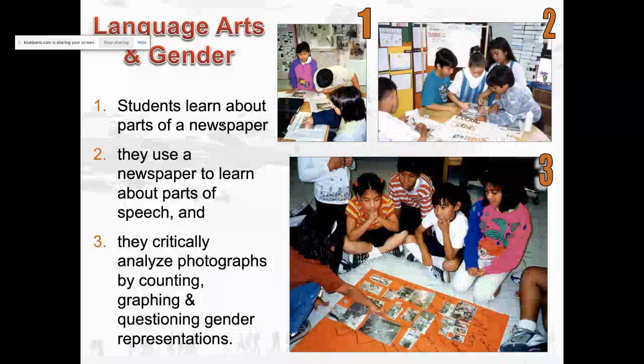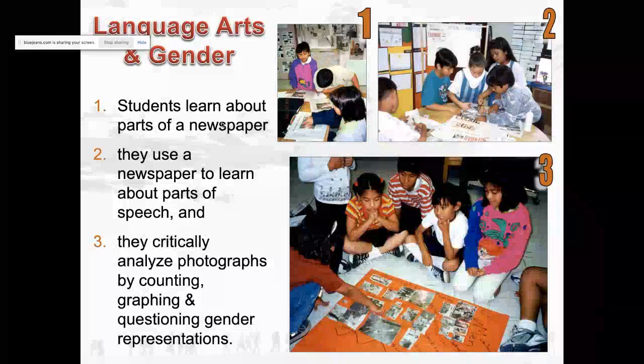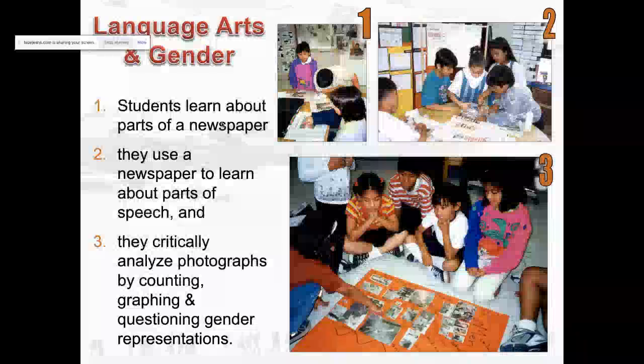Students were put into different groups for different sections of the newspaper. And on big chart paper, they glued down the pictures of men and the pictures of women. One thing they found right off the bat was there were far more pictures of men than women. So we talked about that and analyzed that. And then we went a little bit deeper to talk about not just quantity, but quality. So what type of pictures? What are we seeing people doing in the pictures?